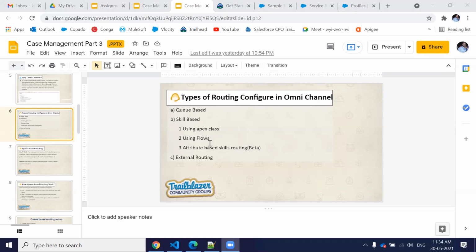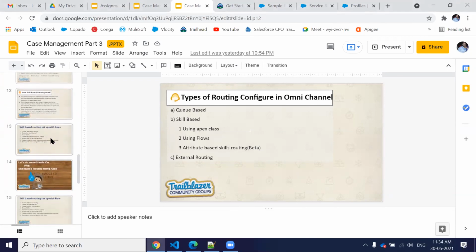You do not have to create a flow or an Apex class, because Salesforce is going to give us a direct configuration where we just have to define the skills, queues and other things, and then we can just turn on the setting and omnichannel is going to work. So these are the three ways we can do skill-based routing.